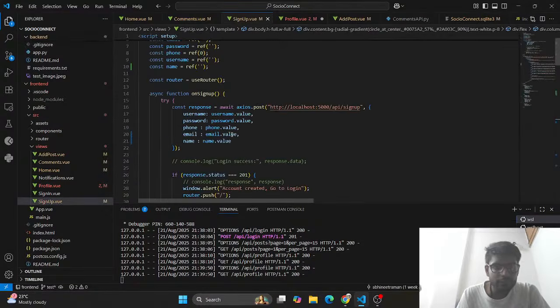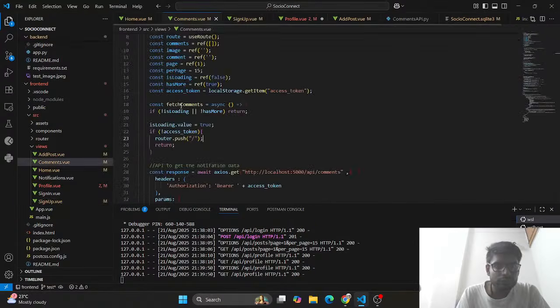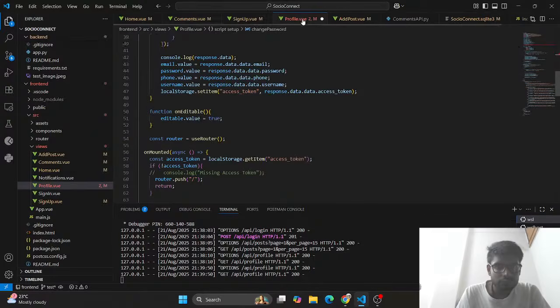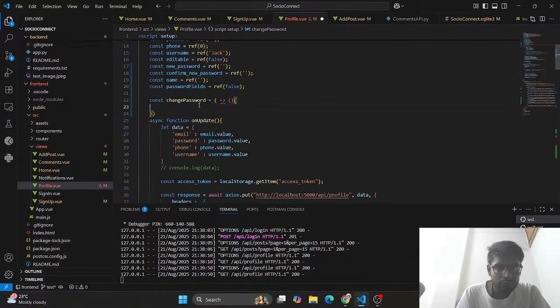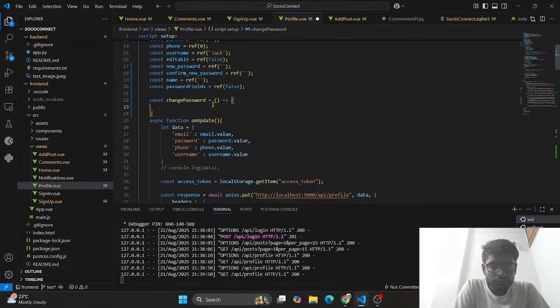It will be a plain function. And what it does, when it is clicked,